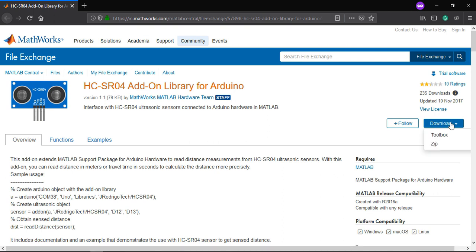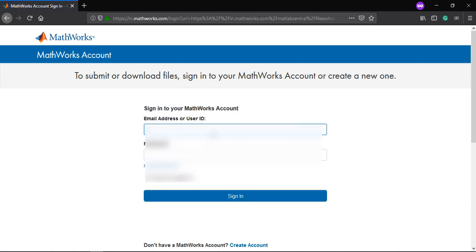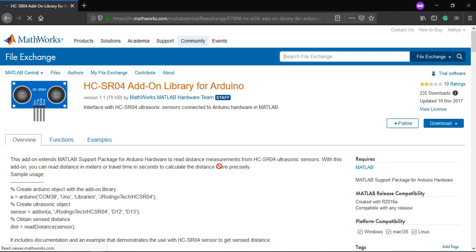You can just click on this download button and click on toolbox, rather than clicking on the download button. For that you need to have a MathWorks account, which is again free. You can create your account yourself, and once you have created it, you can click on the download toolbox button, and that should download the toolbox directly.